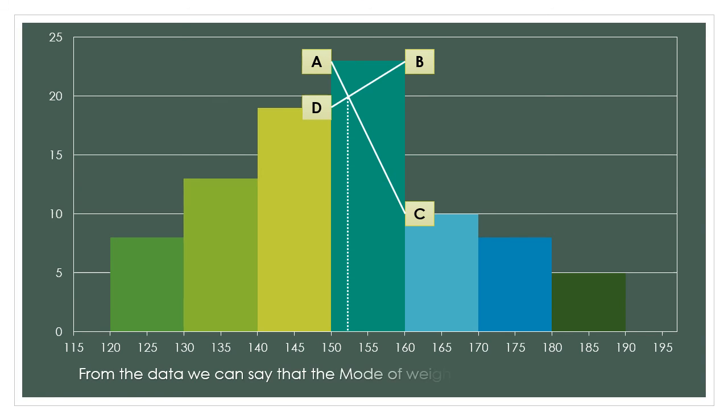So from the data we can see that the mode of weight of apples is around 152 grams. If we had a more detailed graph paper, we might even be able to calculate 0.35 here, but because this is a simple graph paper, I'm only calculating up to 152 grams. So as you can see, drawing a histogram gives us an idea about what could be the value of mode. Let's complete this tutorial with a last question. With that, our exercise 3.5 will be over, and almost all the methods of this chapter will be over. Last one or two illustrations will be left, which I will explain in the next tutorial.